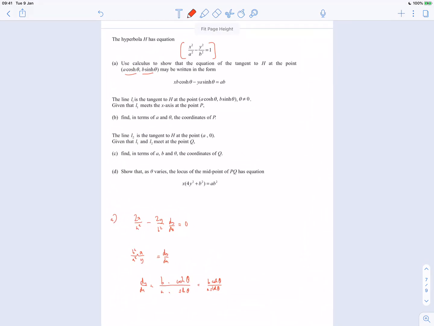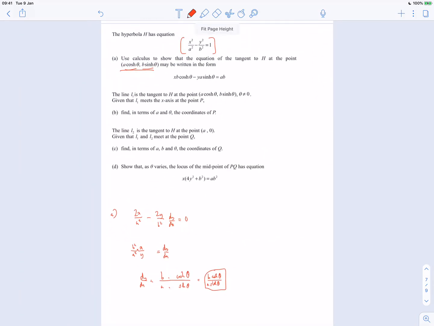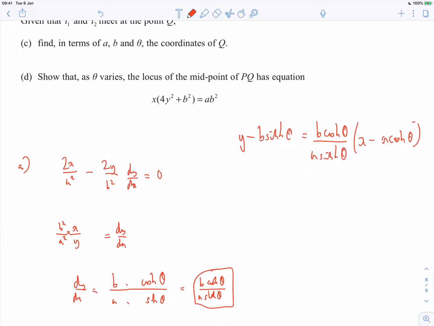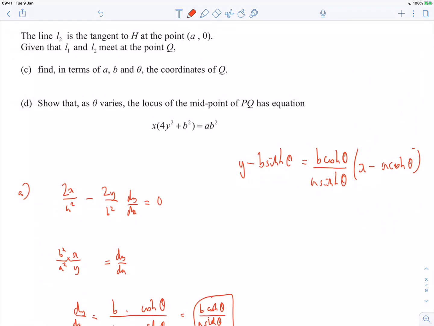And I want the equation of the tangent, so all I know is a gradient and it goes through a point, which is there. So I could just jump straight into it, and that's y minus the y coordinate, which is b sine of theta, equals the gradient, which is b cos of theta over a sine of theta, times x minus the x coordinate, which is a cos of theta. And I want this to equal AB. Right, so